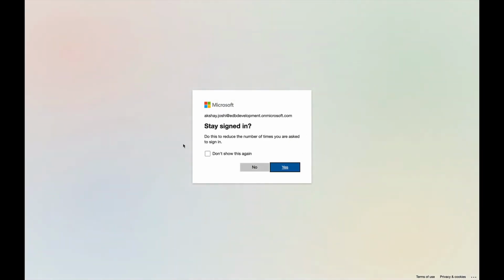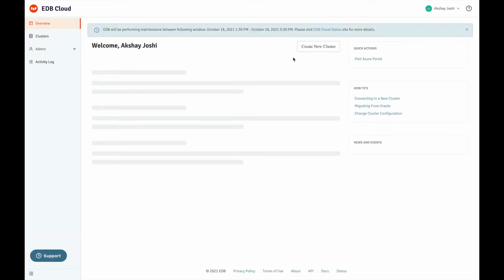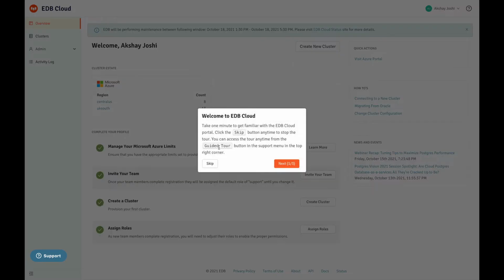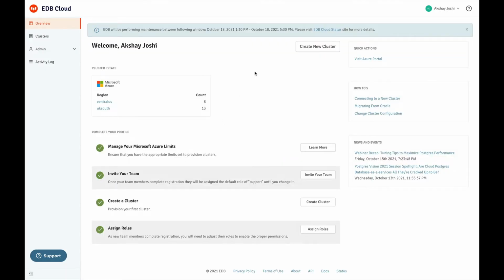On a successful login, you will see the overview page. Okay, so this is the overview page once I have successfully logged in. There is a button to create a new cluster. Click on that.